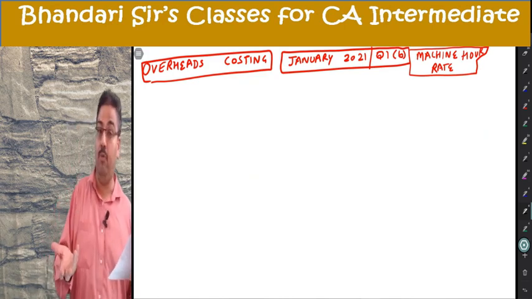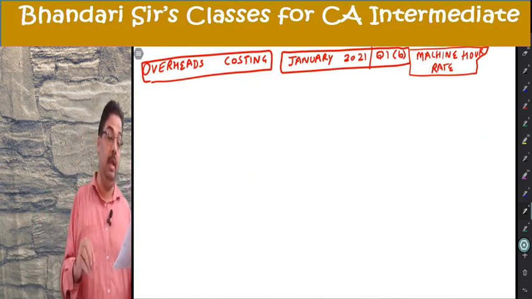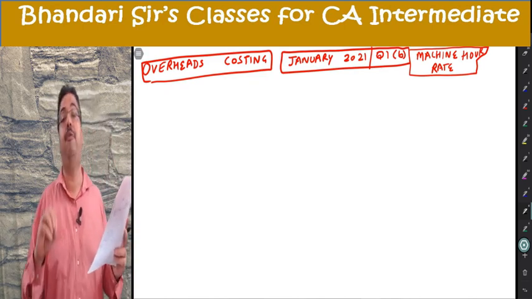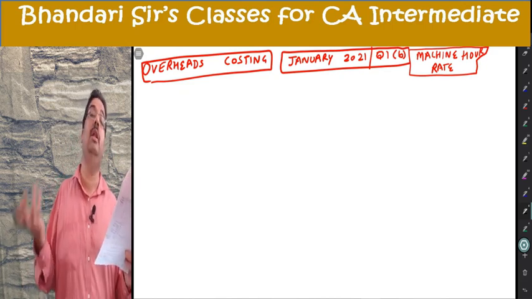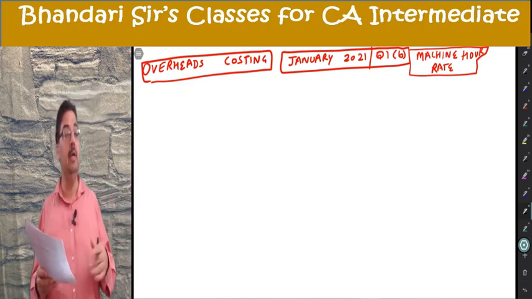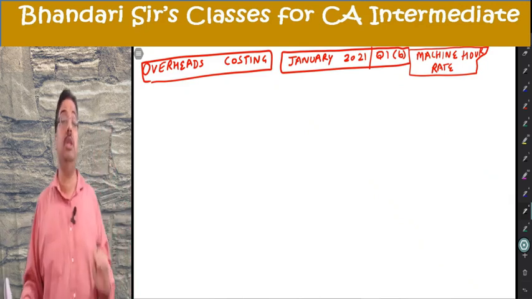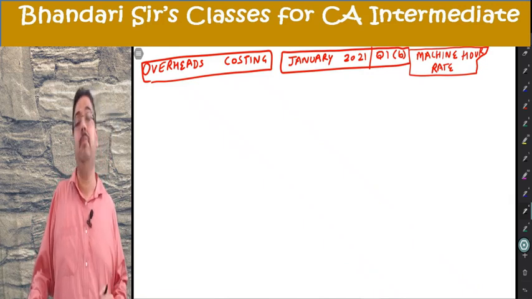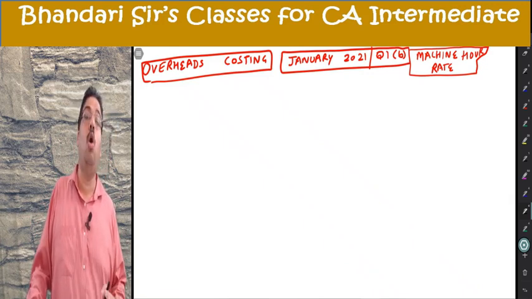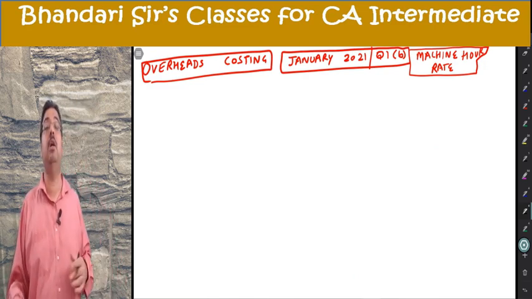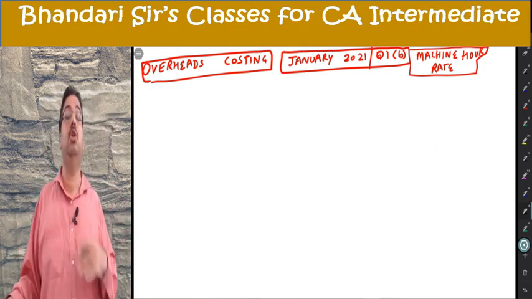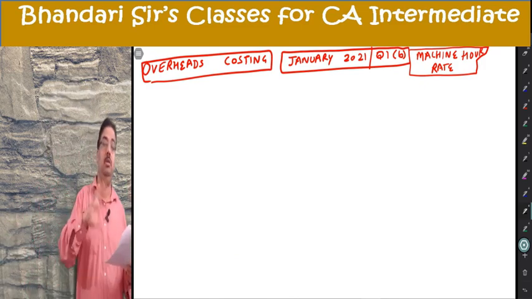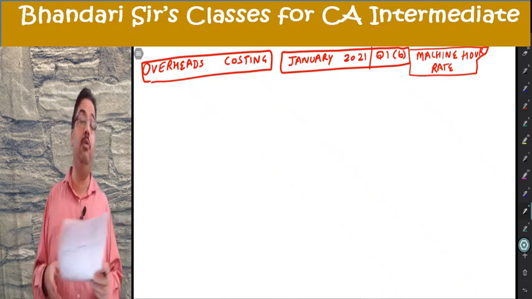So 6 operators can work means 6 machines can work, because there cannot be a machine working without an operator. Operator has to be fully engaged on machine, only then the machine can work. If there is no operator, machine will not run. How many machines will get depreciated? 8. Because all 8 are used sometime or the other. How many working hours will come? They will come based on 6 machines, because machines don't work without the operator. So very important, depreciation, this must be clearly understood.